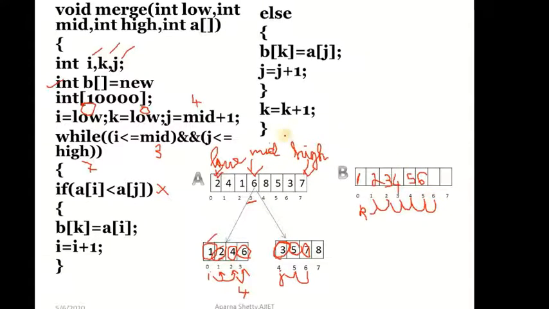Okay. Now, next iteration of the while loop, I value is 4. Right? I value is 4. Is 4 less than or equal to 3? No, this condition becomes false. So you stop with this while loop.